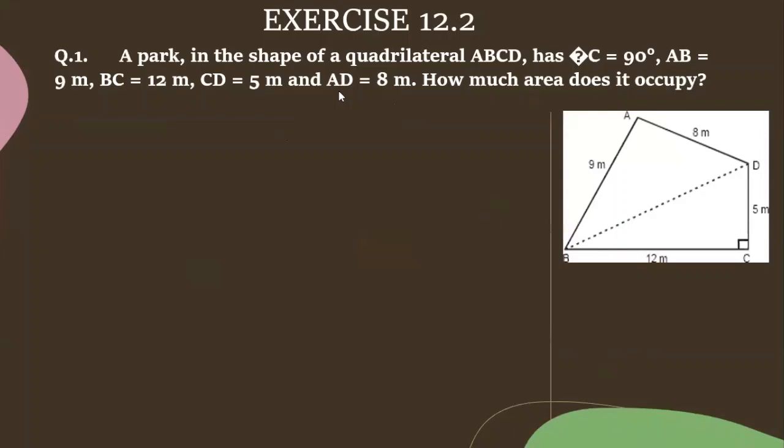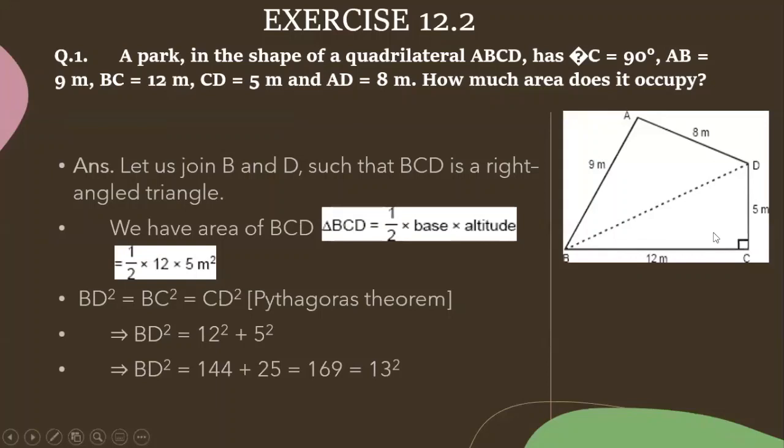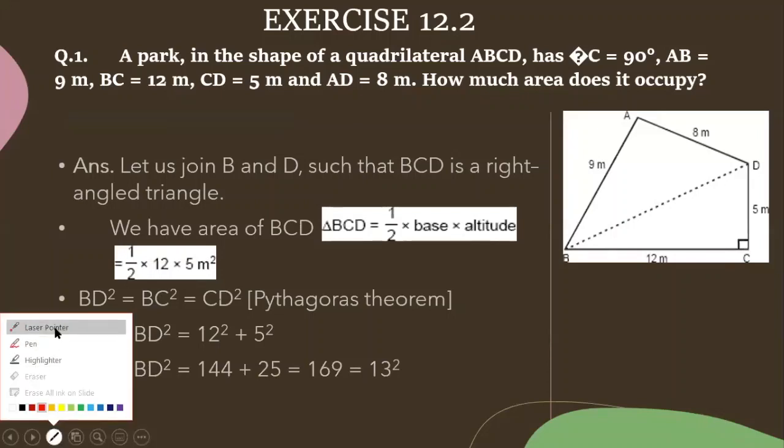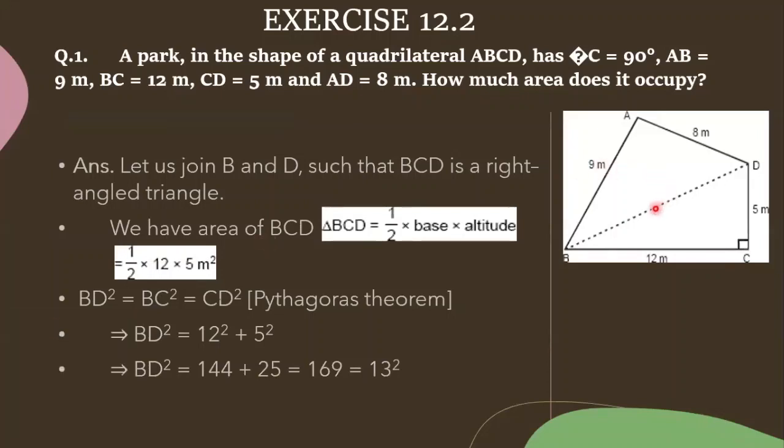Very good. So this also I explained. When they are giving a right angle triangle, whenever you get a right angle triangle, you can apply half into base into height. Then by using the Pythagoras theorem, we got the diagonal BD value. When we get diagonal BD, we found the area of triangle ABD by using Heron's formula. Then when you add these two areas, we get the area of quadrilateral ABCD. This is what I explained yesterday.